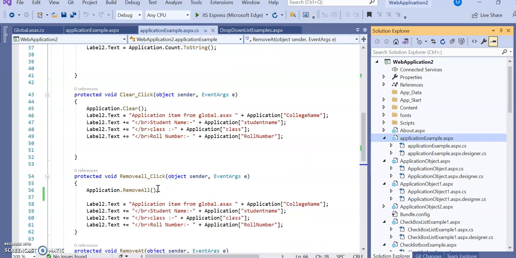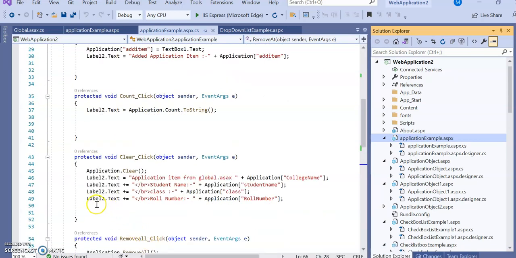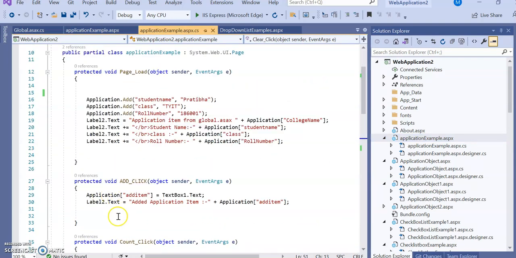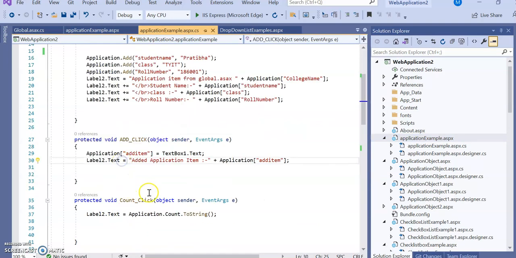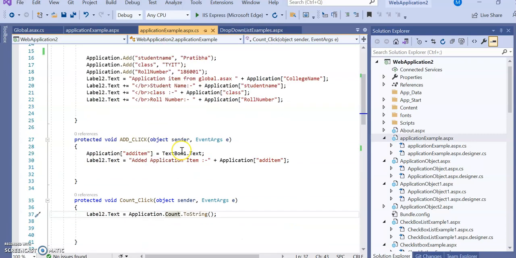So you can modify this code to append this item also here, Label2.Text, with the help of the plus equal operator. And count, as I just told you, if you are running it the first time, you get the exact count. If you run it the next time, it just adds to that count, so that is not a correct value actually.